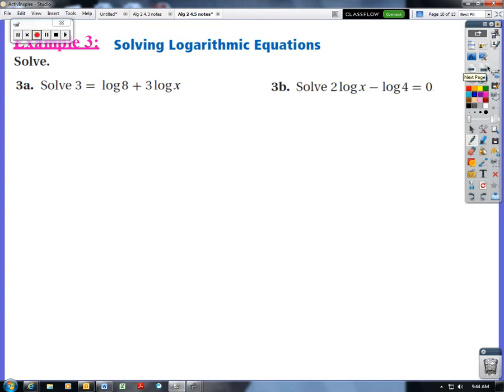Okay, these look like more of the same thing, so you can try them on your own before you watch the tape. Okay, so what I've got here,